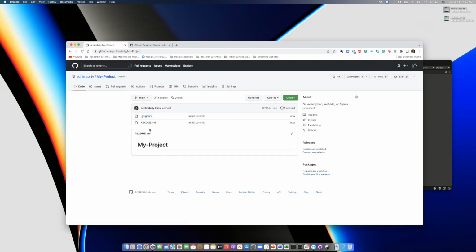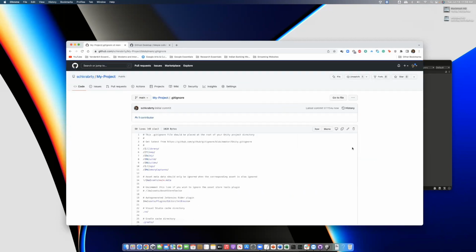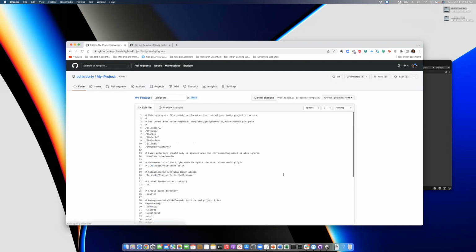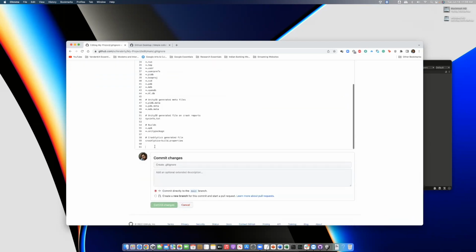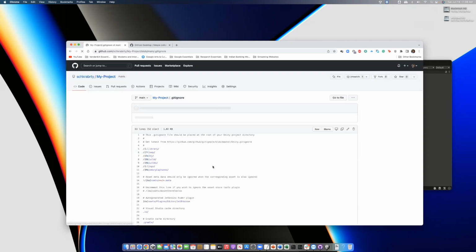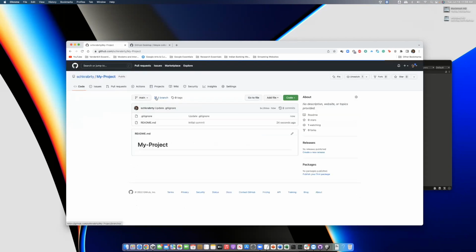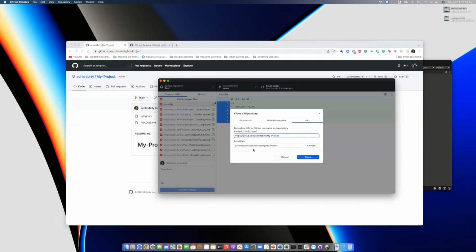Okay, so the .gitignore is already created. I am going to change it. Edit. .DS_Store. Then icon, and finally .vscode. Okay, commit changes, and then go back to my project, click on Code, open with GitHub Desktop, and then I am going to clone it to,